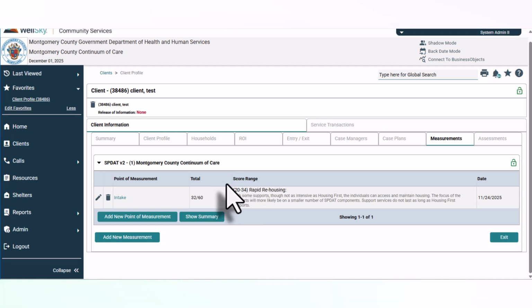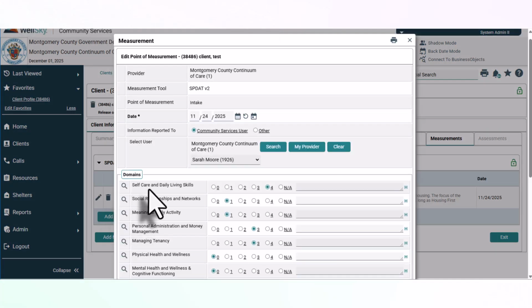So, ways to check the version that is completed in HMIS. You're going to look here at the top where it says version 2. And also, if you were to click on the actual assessment by hitting intake here, you can see that self-care and daily living skills is the first item and the numbers go 0 to 4. On the correct version of the full SPDAT, you're going to see this one, mental health and wellness and cognitive functioning. This area is going to be the first domain that you see listed,